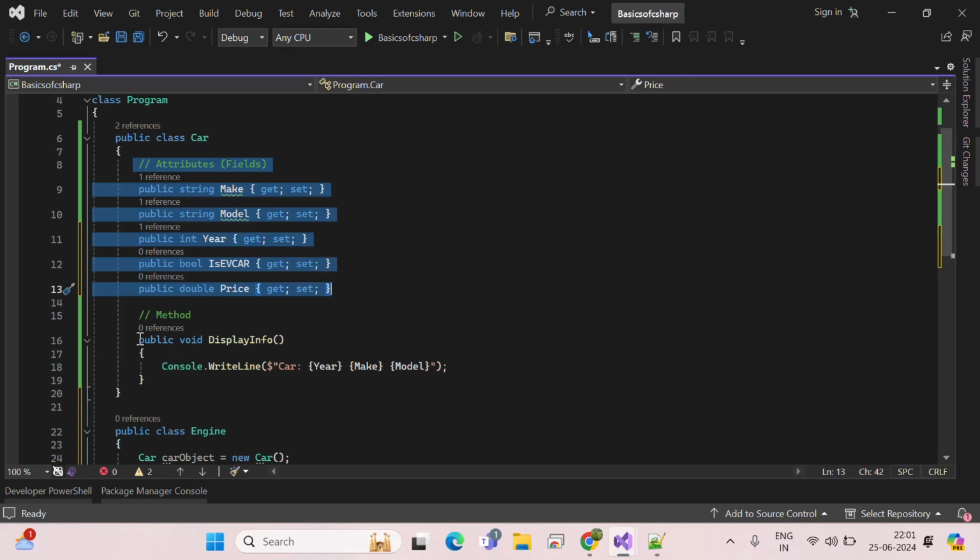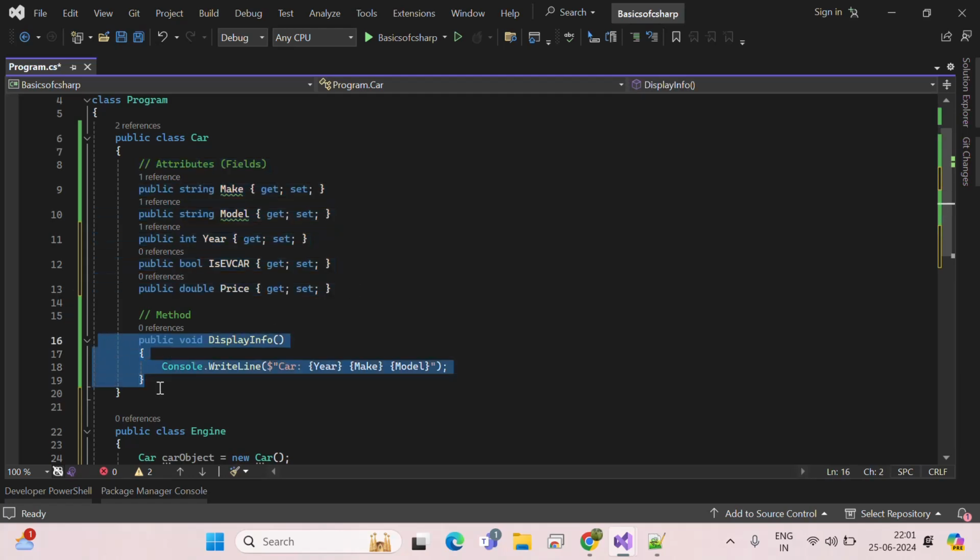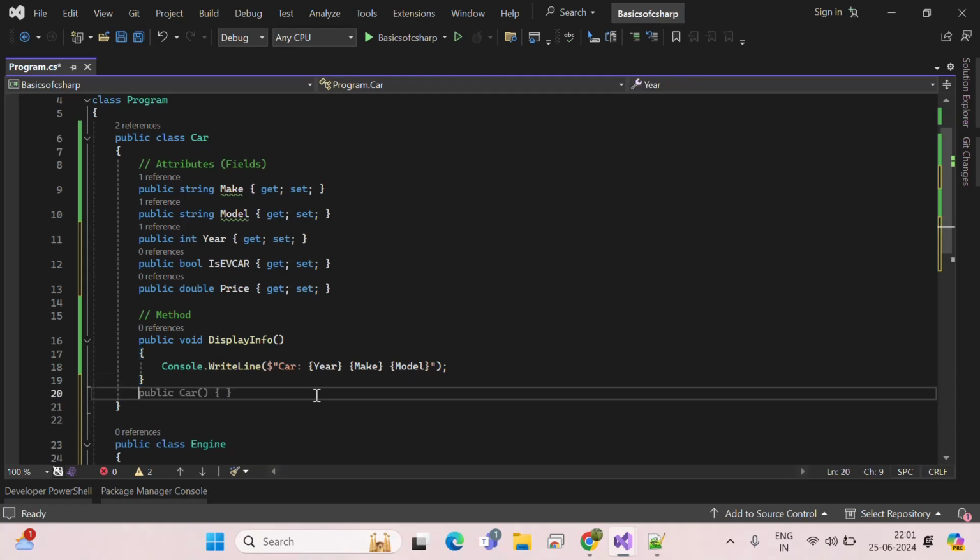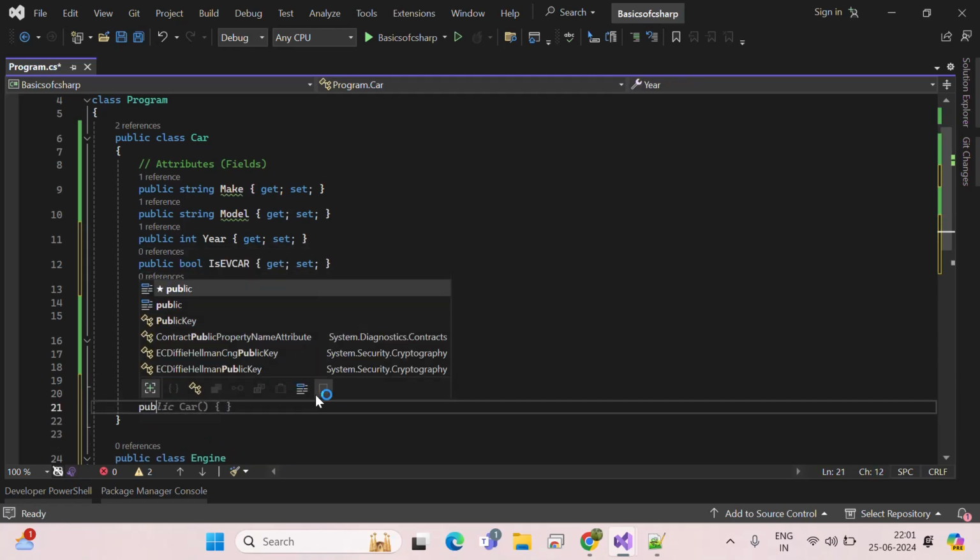Inside that we can maintain different methods. Suppose I want to make another two or three methods as well, like